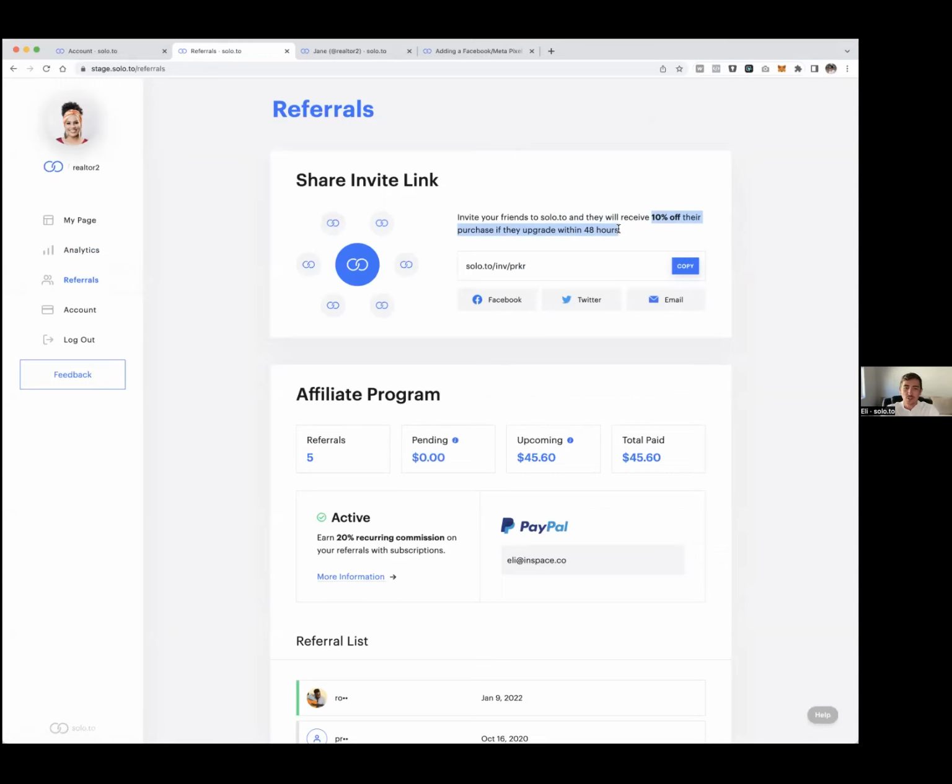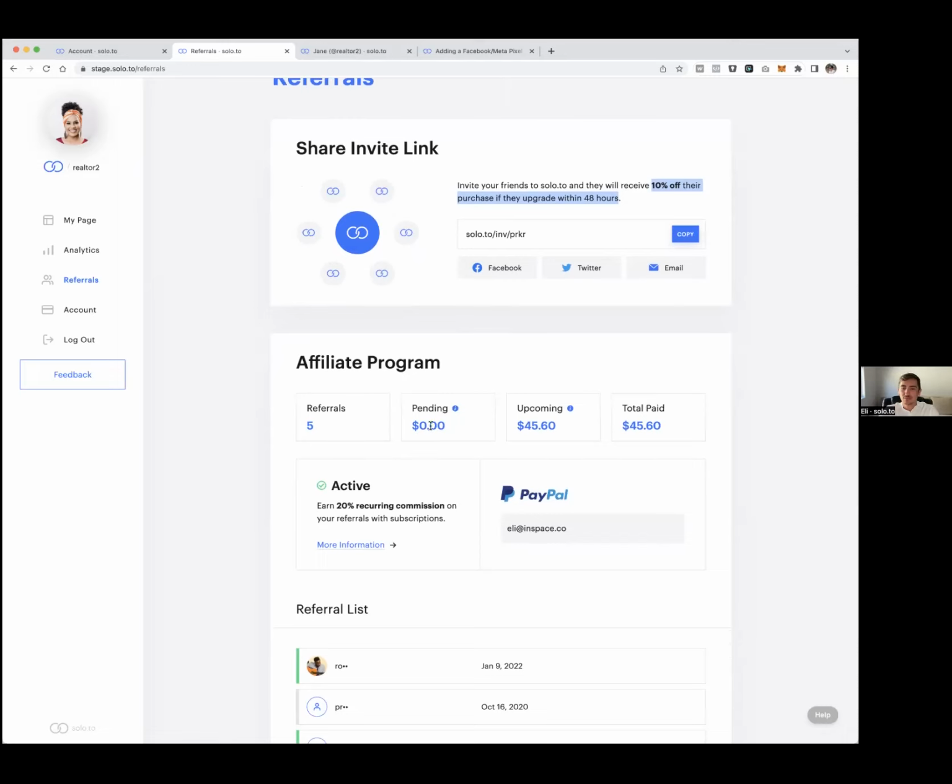And then for our affiliate program, it makes it better for you because for any paid upgrades, we pay out 20% recurring commissions. So say that the plan is $10, you would get $2 every time their plan renews. And even if you don't initially set up or activate your affiliate program, we keep it tracked. So that way, if you do set up later, you'll have this back-paid